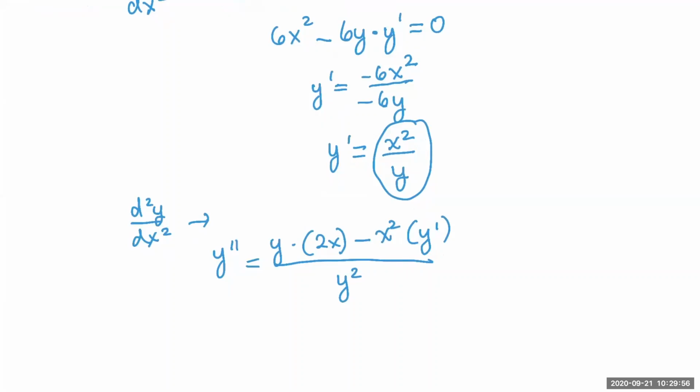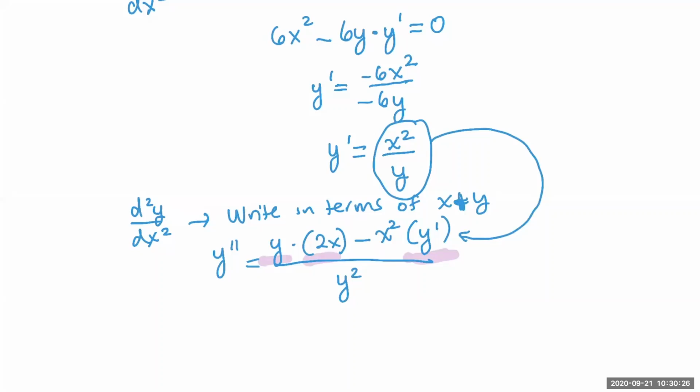Now, if I take a look at this, I have 3 variables really, y, x, and this y prime. A lot of the times, the question is going to say write your answers in terms of x and y. So we want to view that y prime as like kind of like a third variable that's not x and y. So what that means is that I'm going to take y prime that I solved for earlier, which is in terms of x and y, and substitute it in